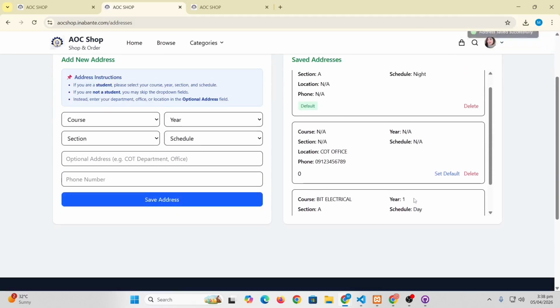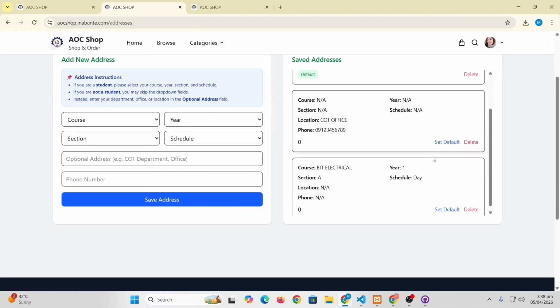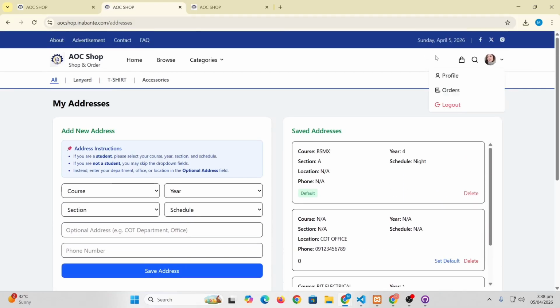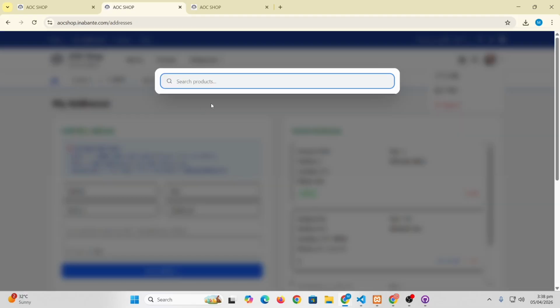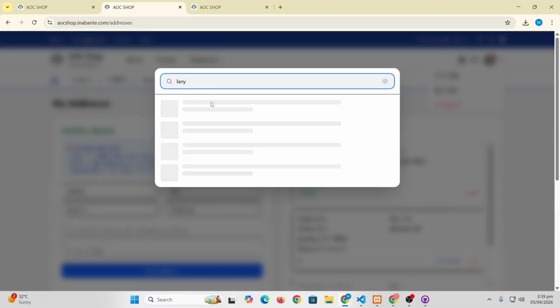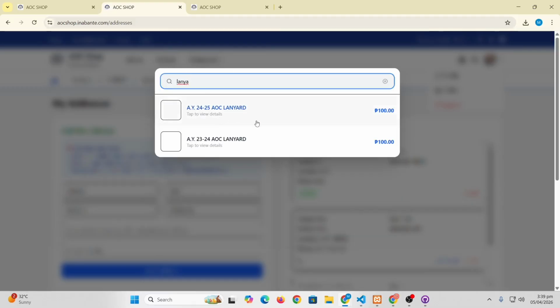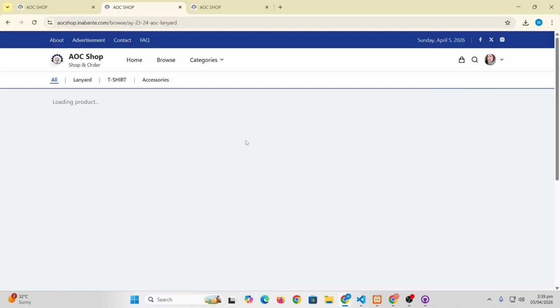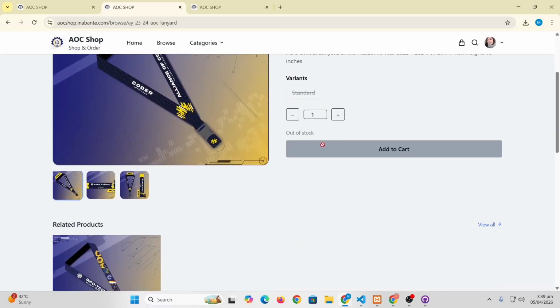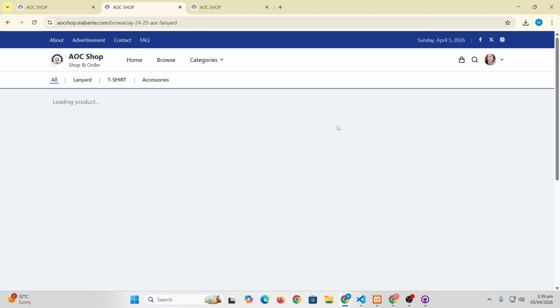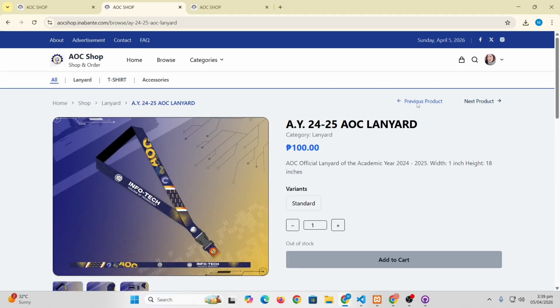As you can see, I have three addresses. Also, you can search for the products. For example, we wanted to search for the lanyards. So lanyard. We have AOC lanyard 2425 or 2324. Also, you can go to the previous product or next product. You can navigate between different products.